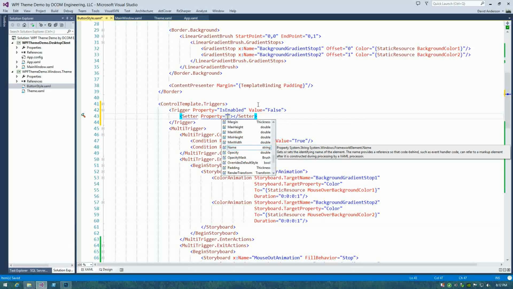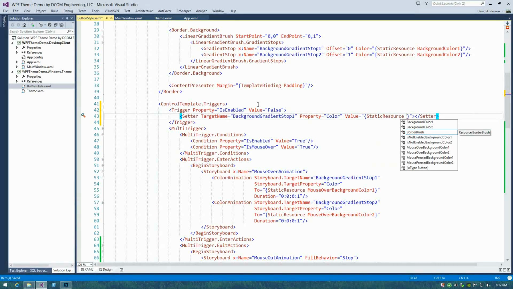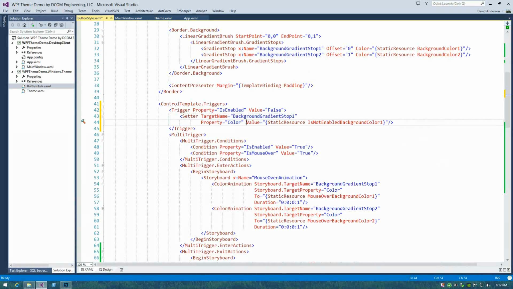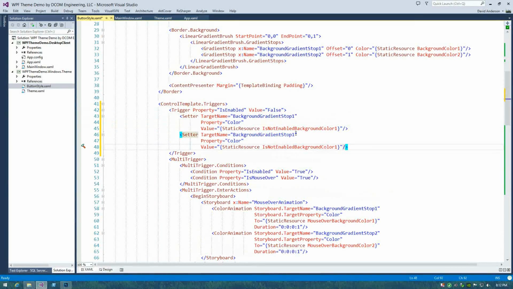And we're going to say, actually, target name is again our background gradient stop 1, and the property will be Color, and the value will be a static resource, NotEnabledBackgroundColor1. Let's go ahead and cascade these so they're easier to read, and then we'll do the same exact thing for the second gradient stop. So now if we run this,